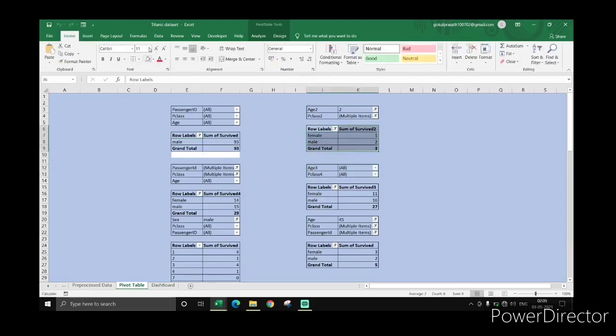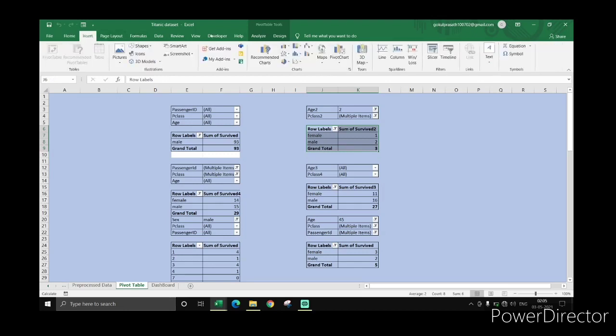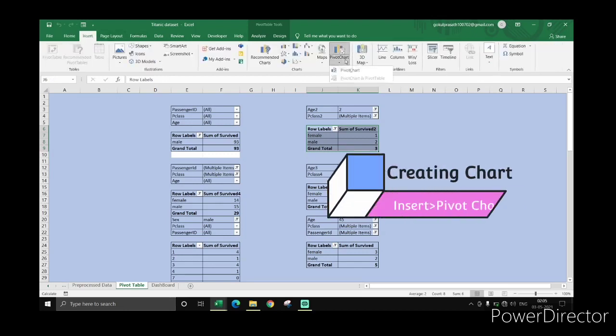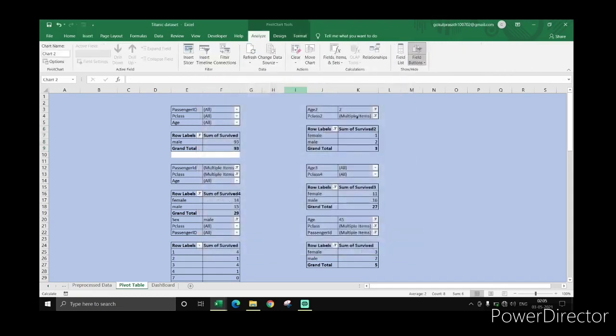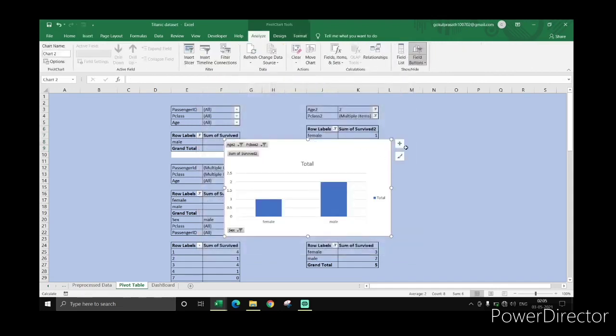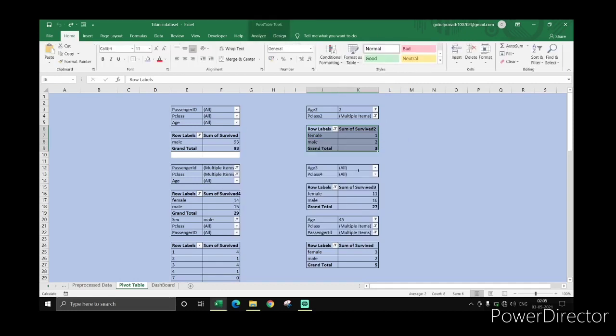For this, we are pressing the insert option, pivot chart, and the chart would randomly get displayed. From this, we can choose a chart according to our data set, and create a pivot chart for each of those 6 pivot tables.